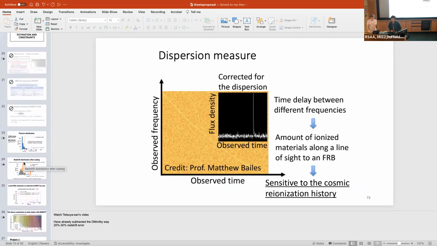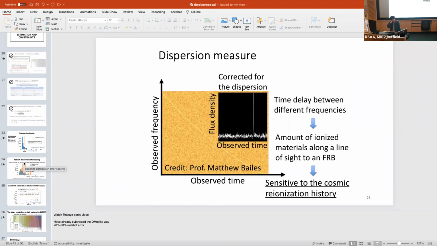So implicit to your definition of the dispersion measure, I guess you're assuming that in the underlying mechanism, all of the broadband emission is simultaneous, that you're not getting a lag for different frequencies, and that all of the dispersion is due to the... So I guess I'm just curious about the localizations that were done with the ASKAP FRBs, were the distances consistent with what you got from the dispersion